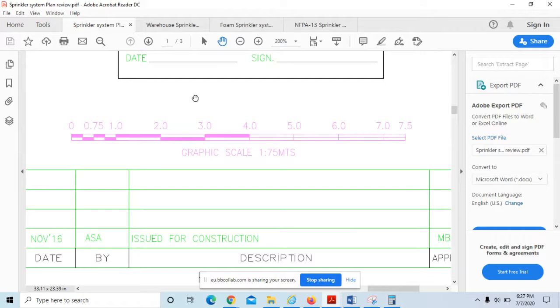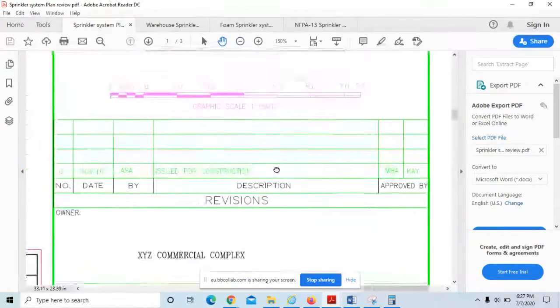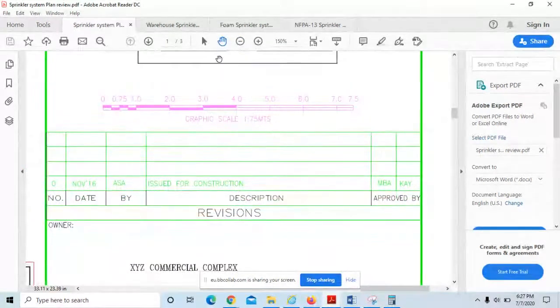Because all the checklists, you cannot follow. You can get a checklist easily from the NFPA handbook. Might be there will be a checklist in the NFPA handbook, not in the code, but in the handbook it is there. Or you have to get more experience or more knowledge.